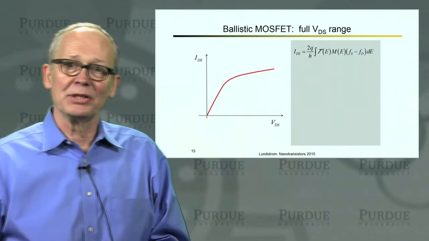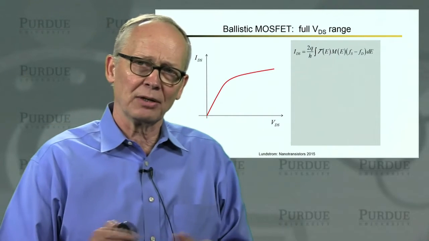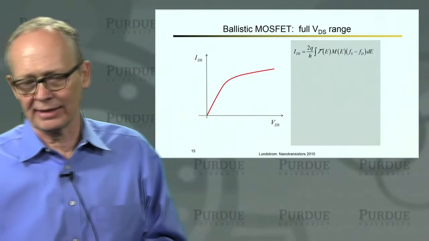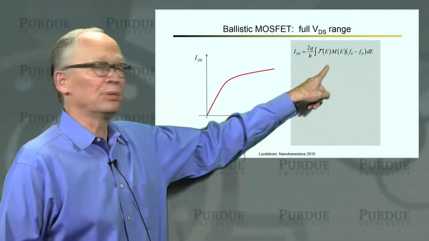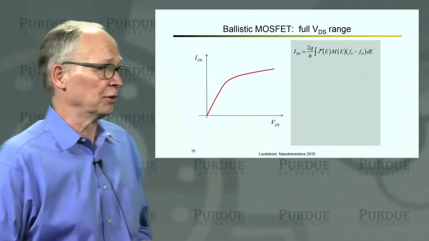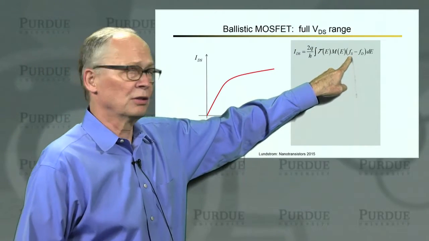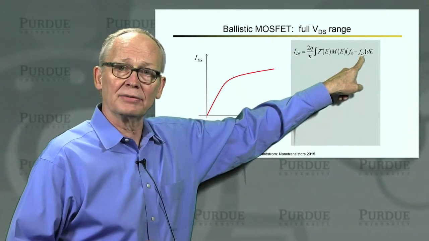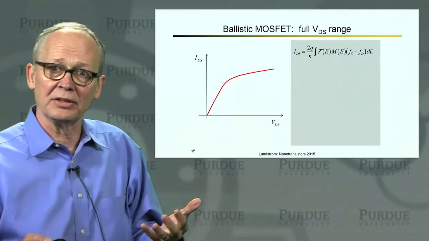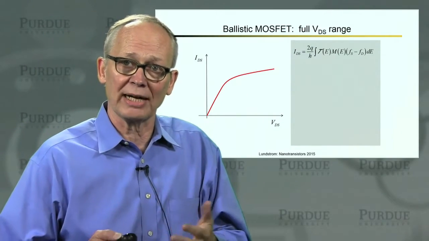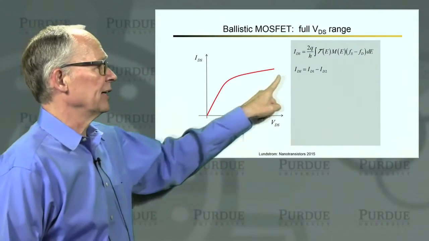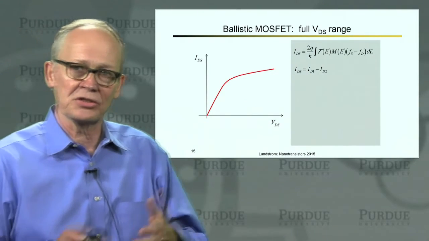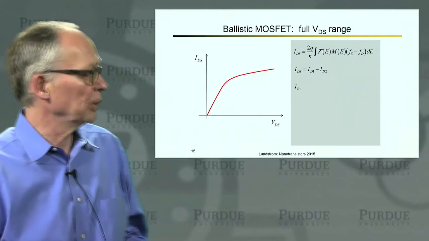What about in between? In the virtual source model, we connected those two empirically, but in the ballistic case, we can calculate the entire IV relation. We simply have to evaluate this complete integral. This first integral is what we evaluated when we did the on current. There's one just like it for the drain current, and we would evaluate it the same way, and we would just subtract the second term from it. So our net current, we can write as 2 integrals. Each of those integrals works out just like the on current integral that we just went through.